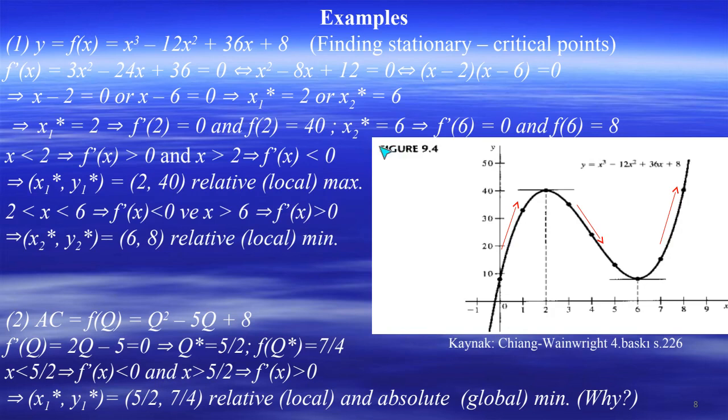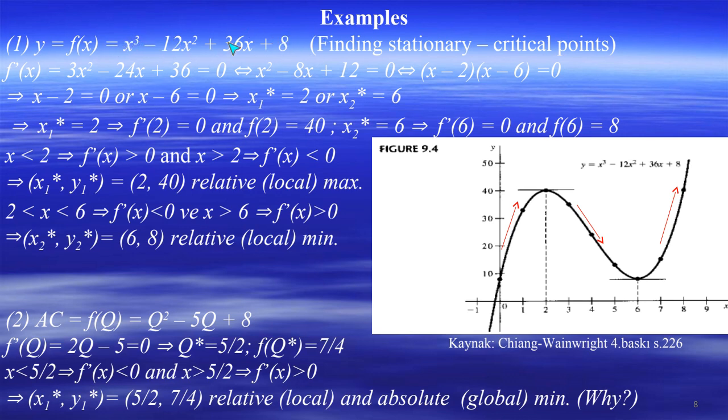So let's see some examples. The first example is y equals f(x) equals x to the power 3 minus 12x squared plus 36x plus 8. The problem is finding the stationary critical points and analyzing what they are, whether they are local minima or maxima or inflection points. So what shall we do? We will take the first derivative. f prime x is